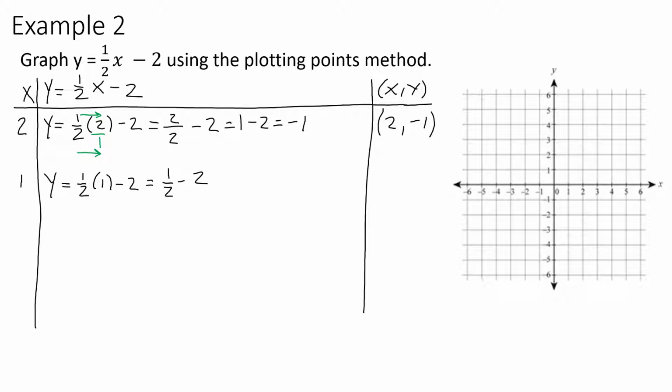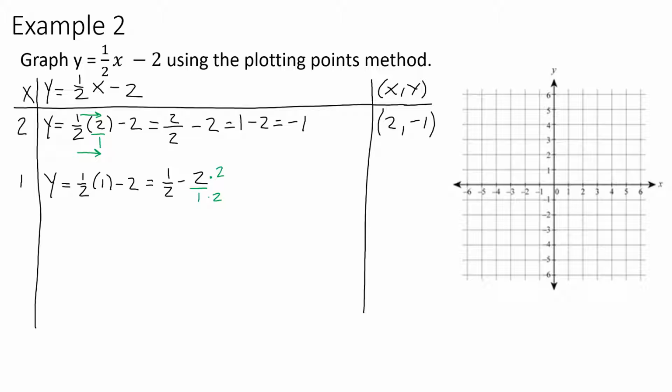If it helps, you can write the 2 over 1. So I have 1/2 minus 2 divided by 1. Whenever you add or subtract fractions, you have to have common denominators, which I don't. So I want to turn that 1 in the denominator into a 2, and I'll do that by multiplying it by 2, but not for free. If I multiply the bottom of a fraction by 2,